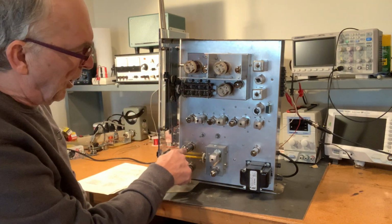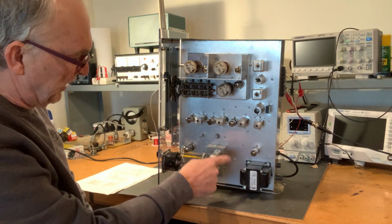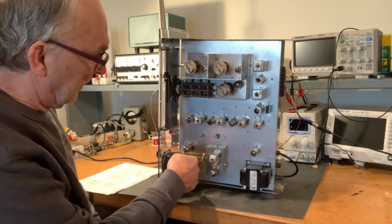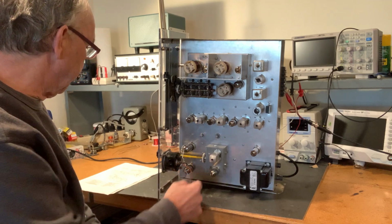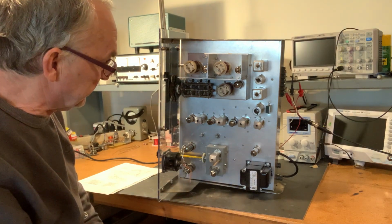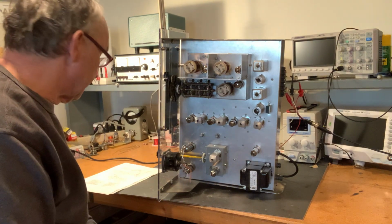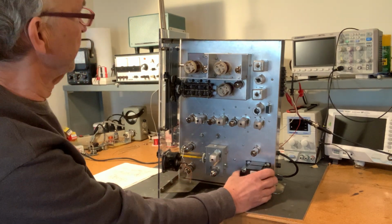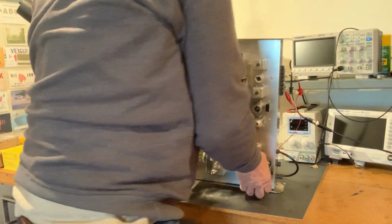So then this is the audio tube here. As I mentioned, the BFO, the S meter, and the section for AGC. So there's two audio amplifier stages in that single tube, so it has a lot of power. And the transformer. Underneath,